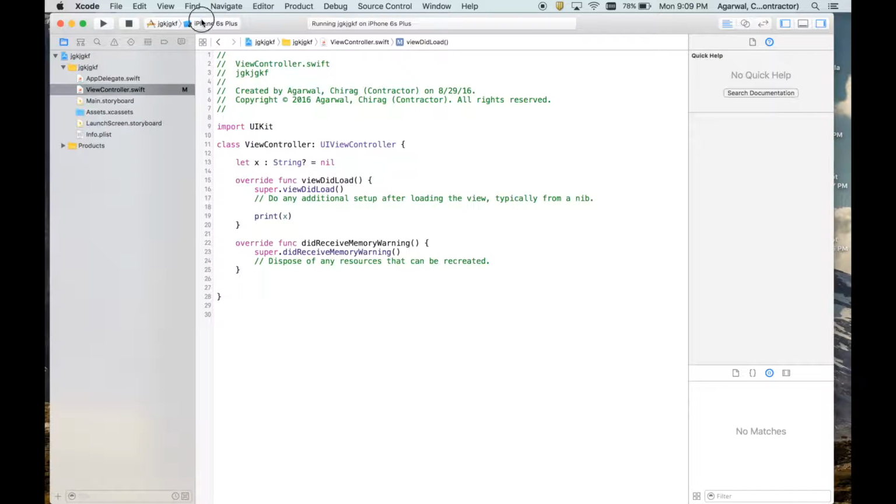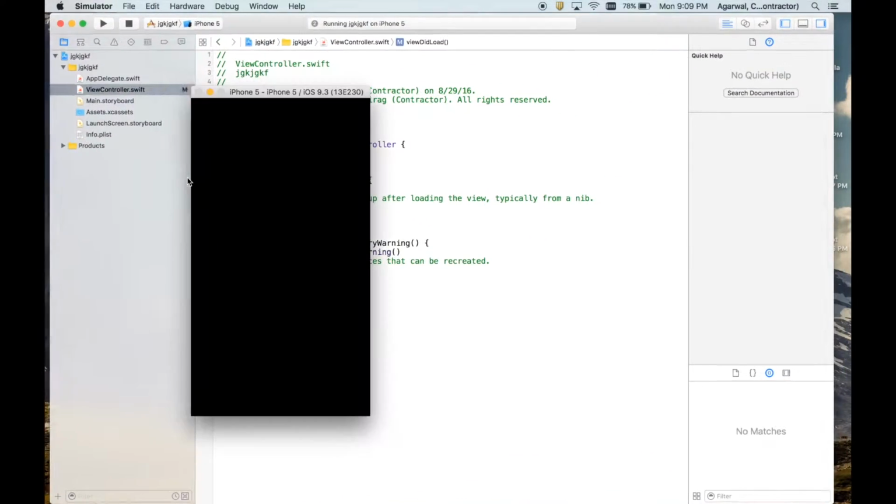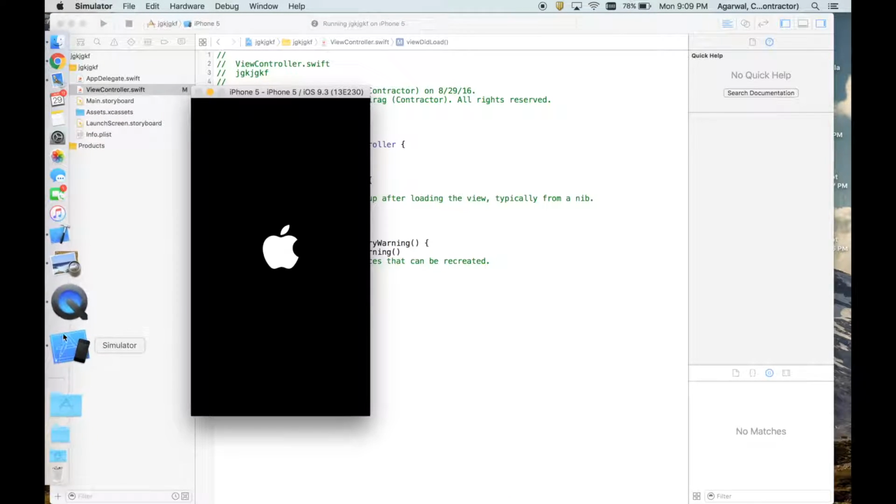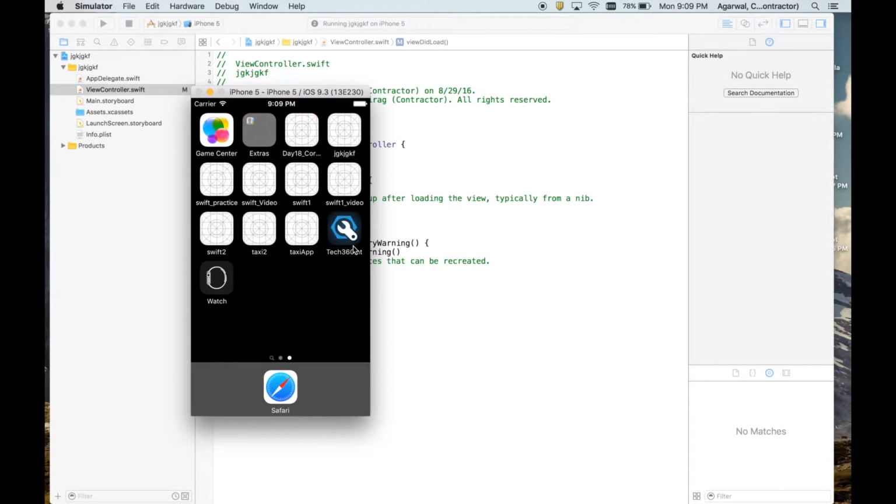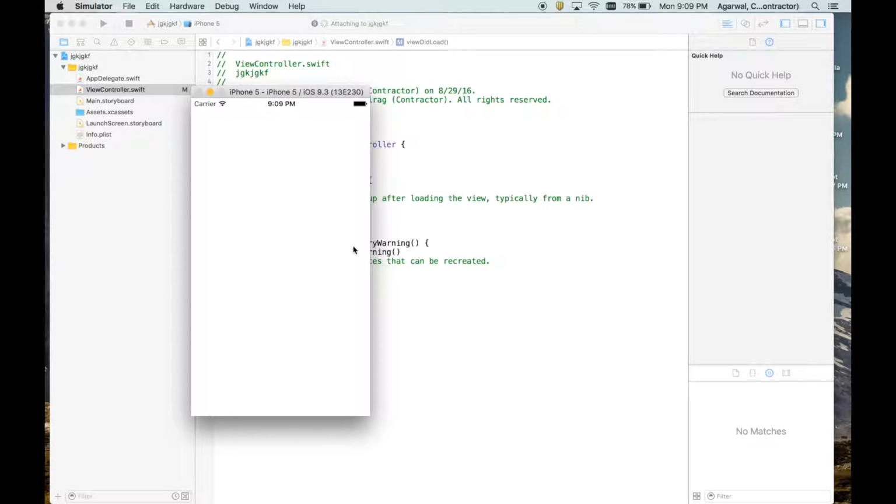Let's make it iPhone 5 because it's much faster. So it's nil.